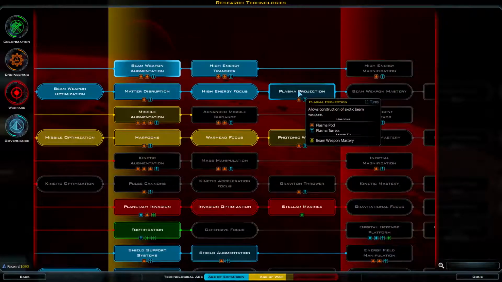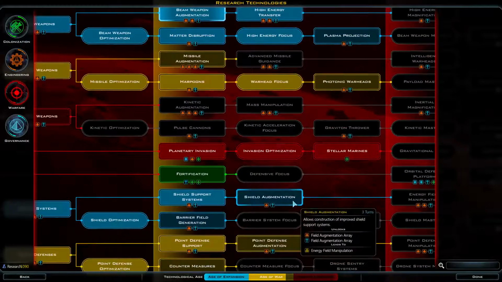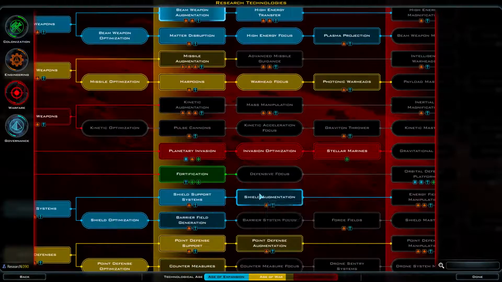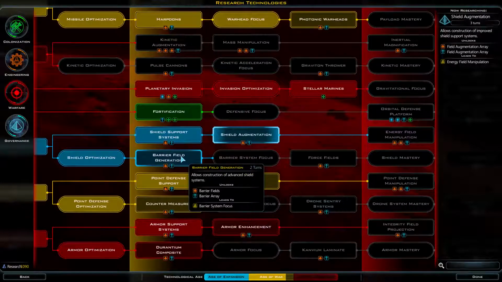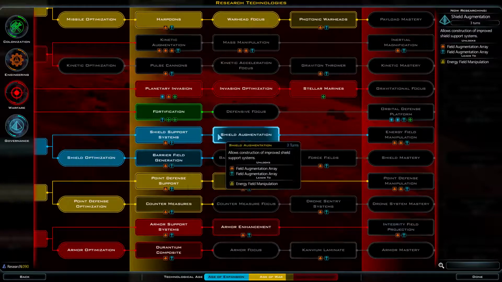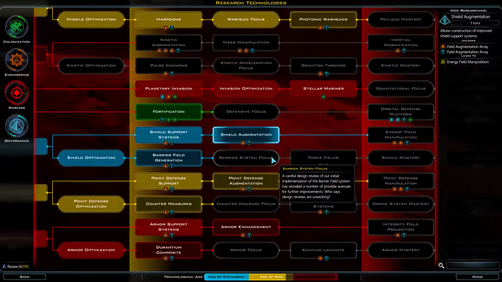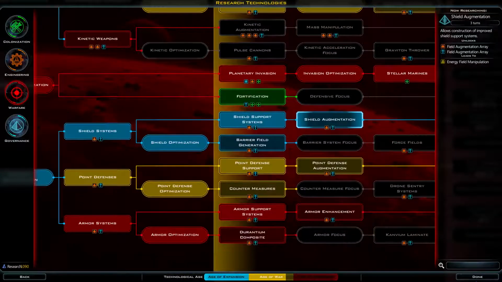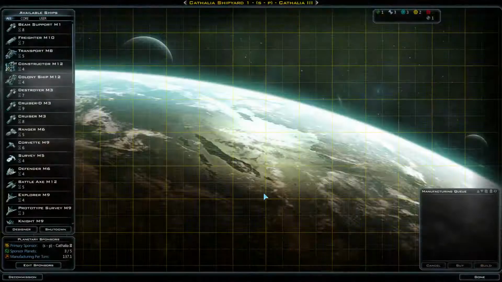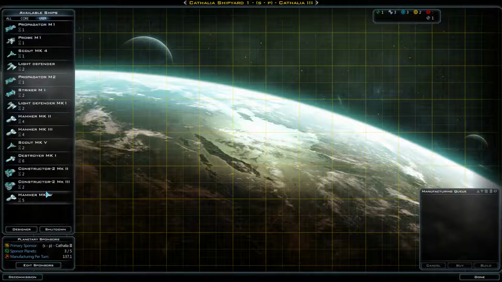Plasma projection. Ah, it's 11 turns though. Don't really... Let's go for shield augmentation or barrier field generation. Let's go for the shield augmentation first. Idle shipyard on Cathalia. Well, I guess we're gonna just take this chance to...